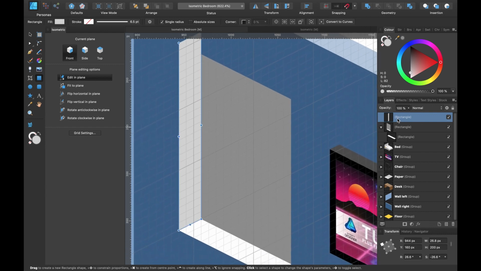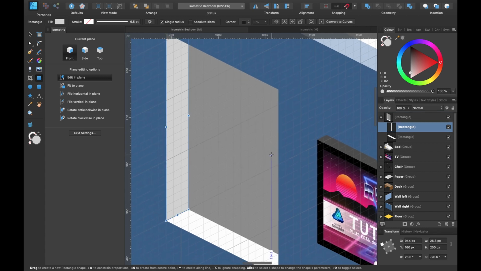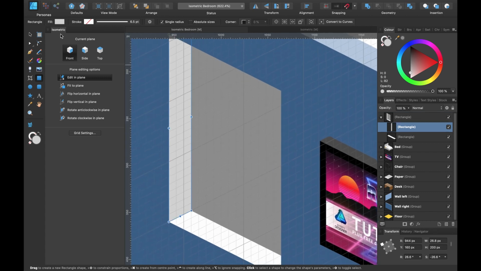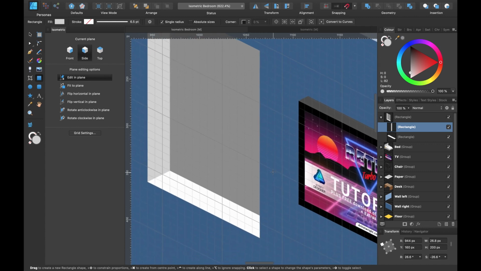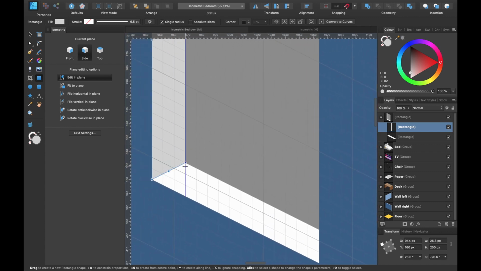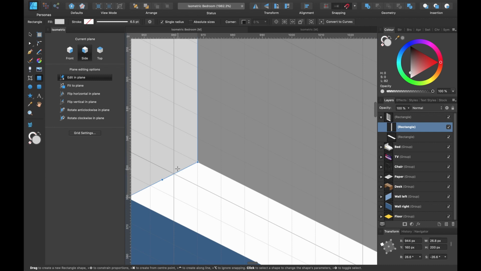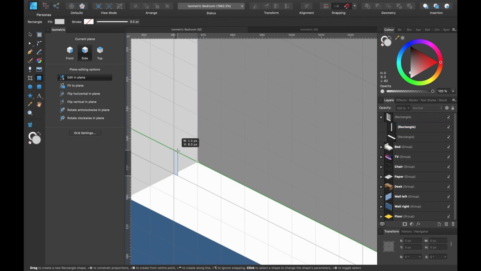Okay, let's clip that inside. Drag down and to the right, and that's clipped inside as well. Now let's draw the window frame. So click on side and head down. Let's press escape to deselect that shape, and we'll click up, and we'll just make it 1 block thick.